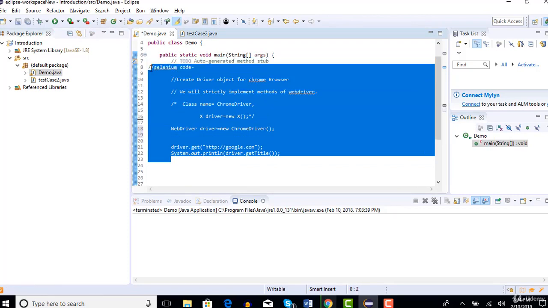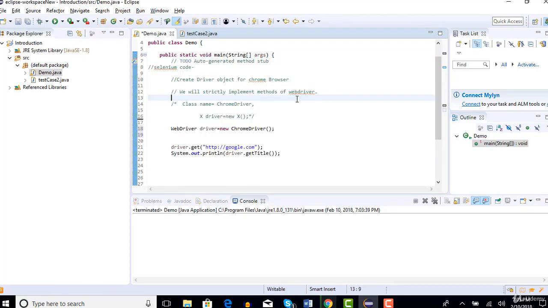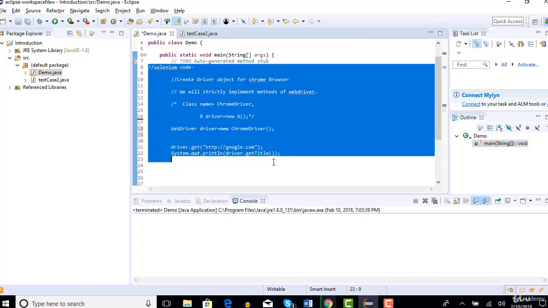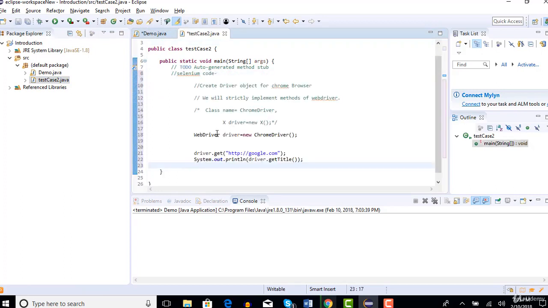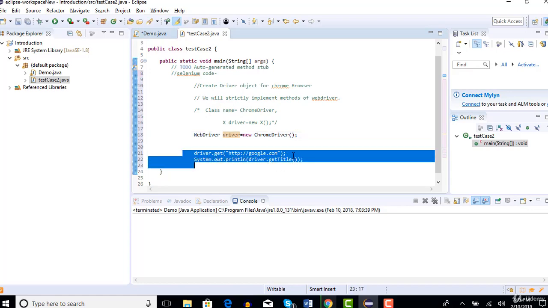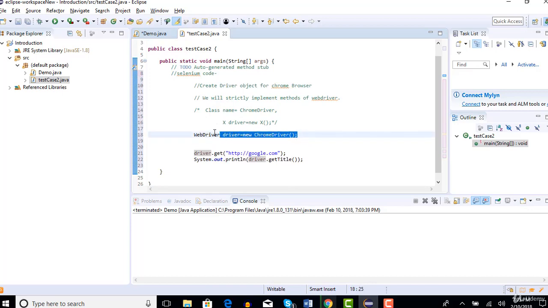My purpose here is to show that without modifying the code much, we can simply run this test in any browser. Write the code once and execute in any browser by just changing the step, whatever you define here. Only this step varies. Hereafter, everything is common. Once you create a driver object, whatever browser you are executing, you can simply copy paste. You need not change anything, because the first step, whatever you write here, defines which browser you are executing. So there you need to make a little change to turn it into Firefox browser.